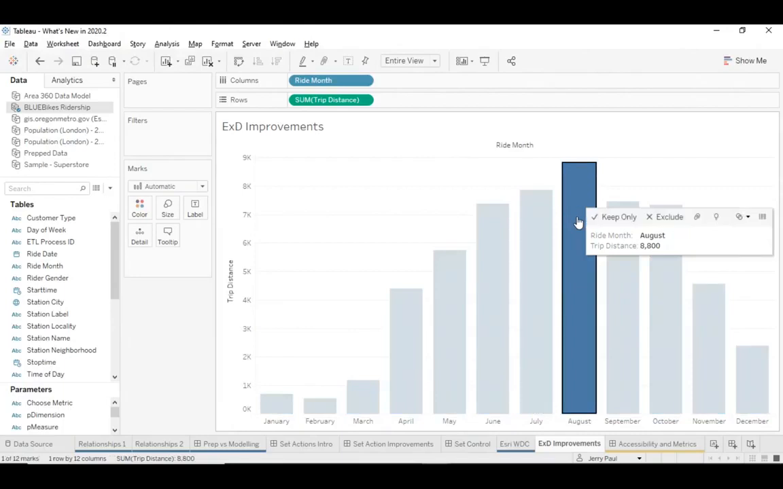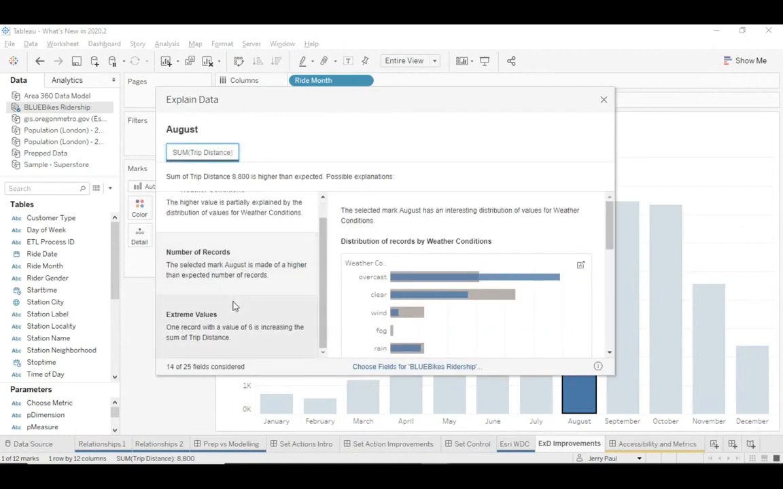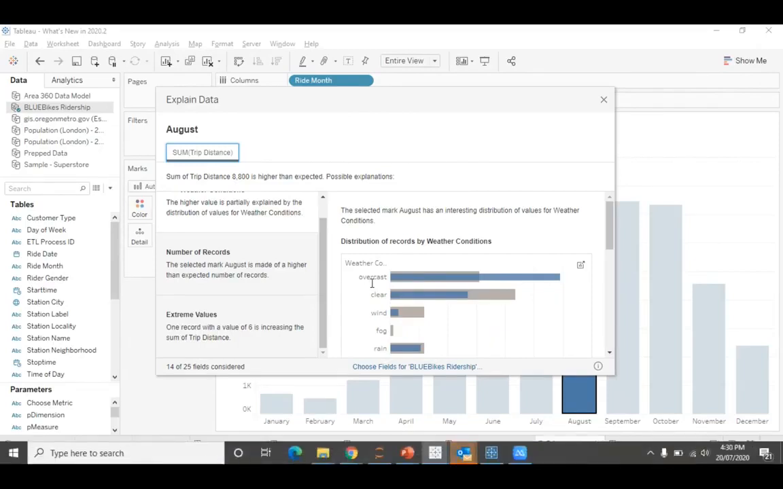If I were to deep dive into why that's happened, I can leverage explain data there, and the explain data dialog box is going to pop up, and it's giving me this list of possible explanations. Firstly, it's telling me that it's higher than expected, so it's statistically significant. That's good. It also tells me that the weather conditions had a significant role to play in observing such values. In August, the weather conditions being overcast led to more users using the service. It also